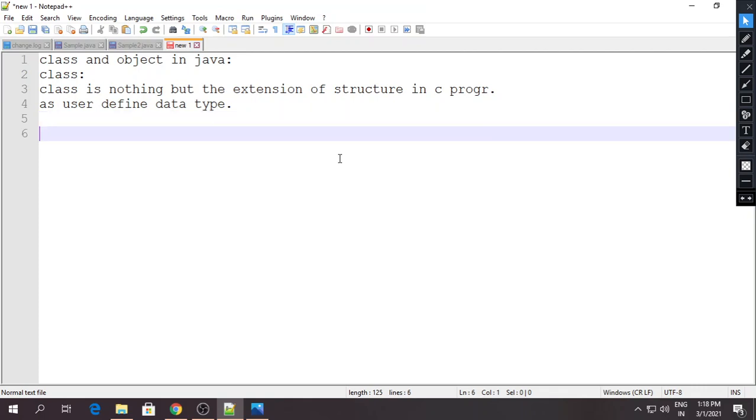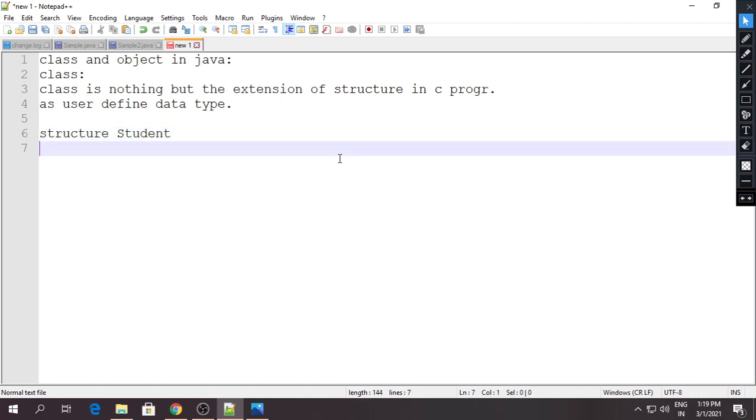We know the syntax of a structure. Let me write a structure: the keyword struct followed by the structure name. Take an example, the structure name is student.